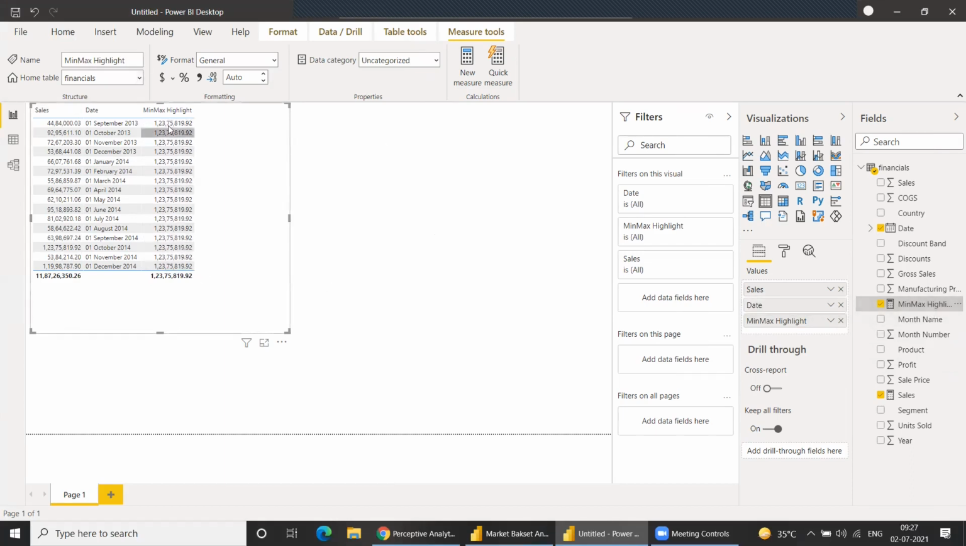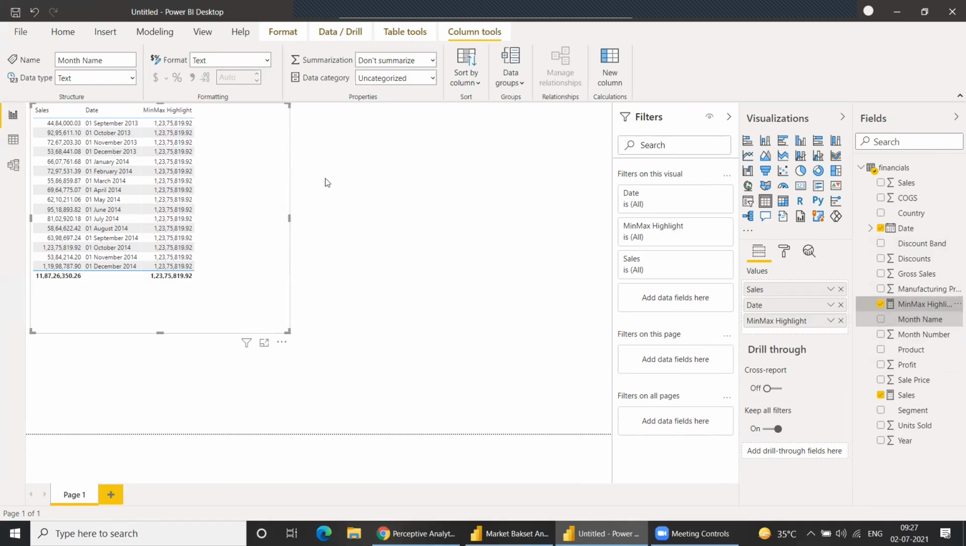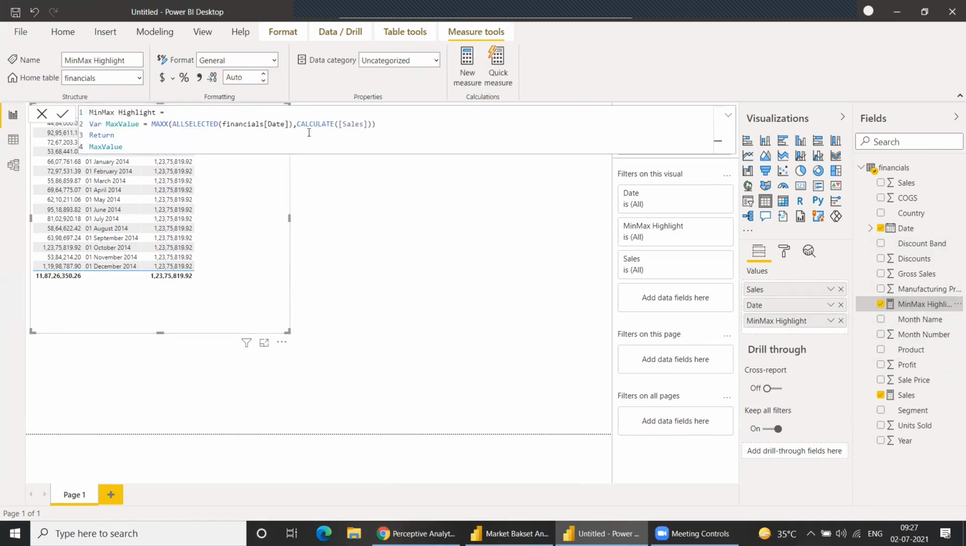Okay, so it's just pointing out what the max value is. This is what we want, but now we need to point out our minimum value as well. So we'll go back to this one and name it as